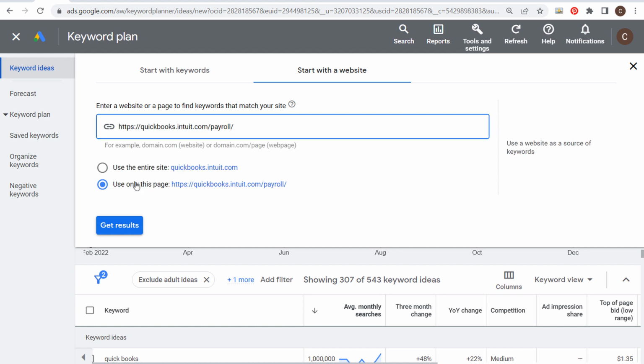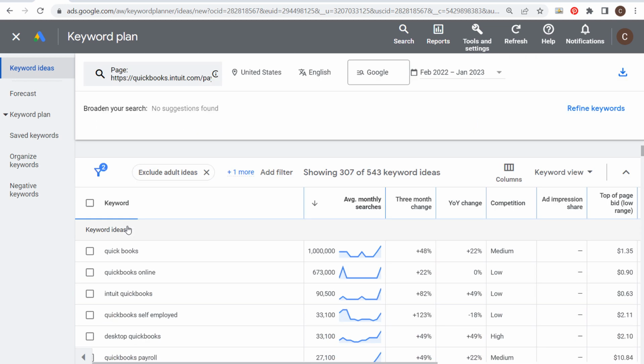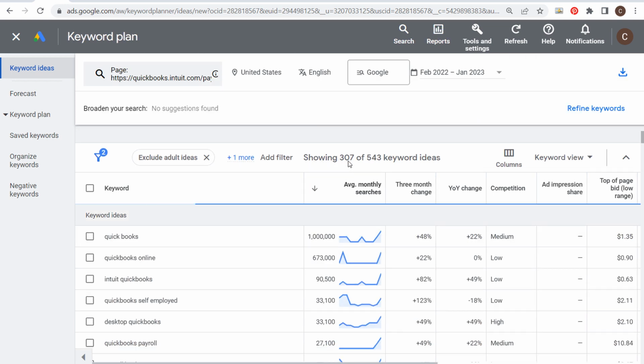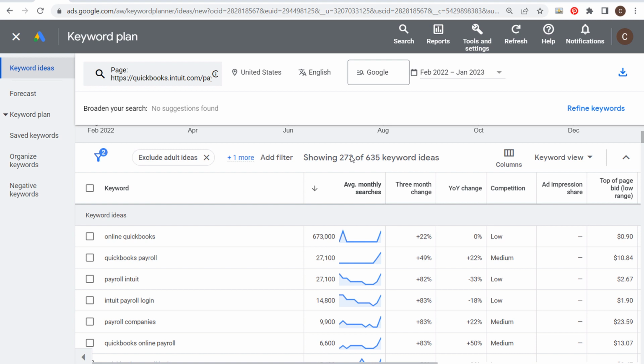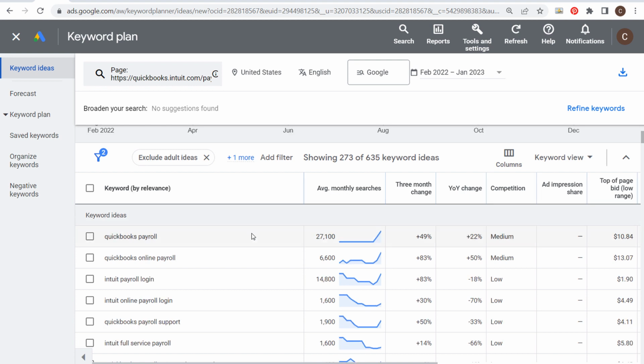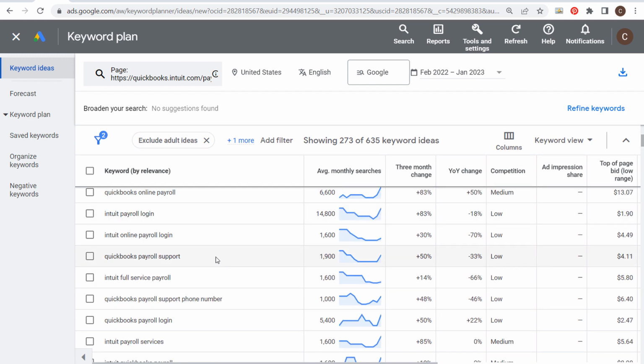So we're going to paste it, use only this page, click on Get Results, and that will give us some of the most relevant keywords to a page specifically about payroll. It's giving us 273. I still have my filter of over 50 average monthly searches here. We can get rid of that, and that would give us 635 keyword ideas. Let's look at the most relevant keywords, and you can see QuickBooks Payroll, Intuit Payroll Login, but we can also